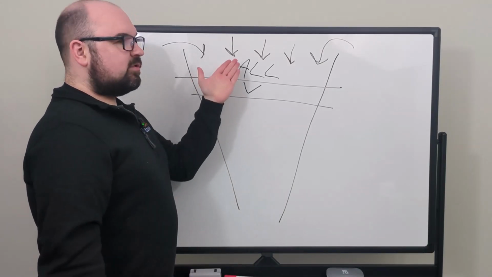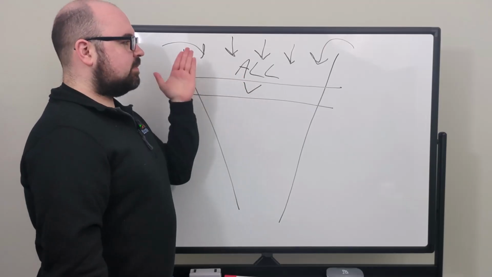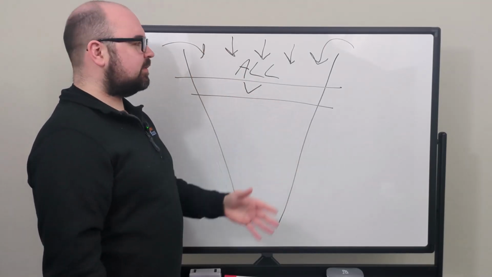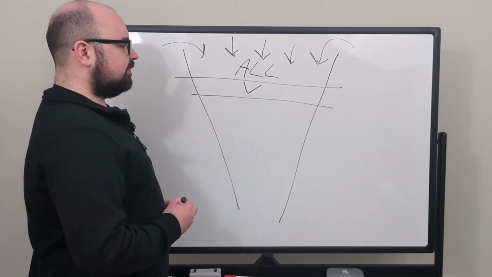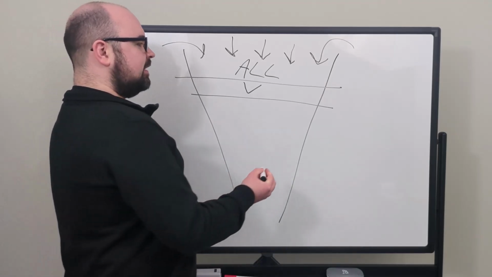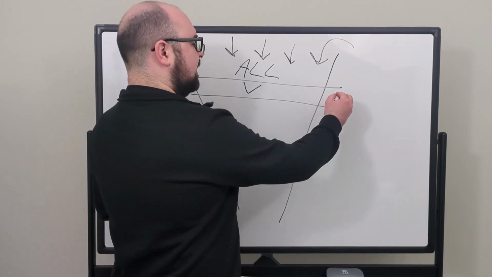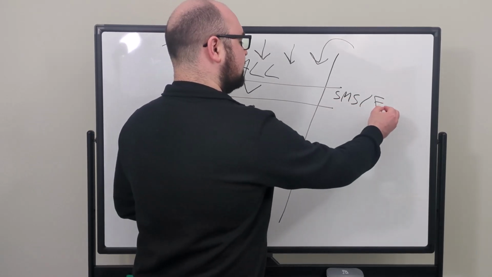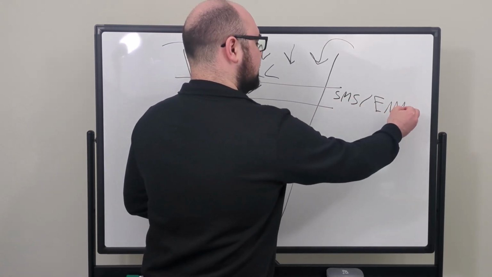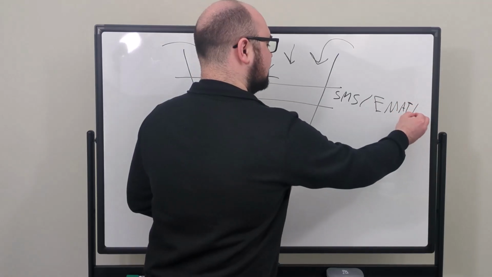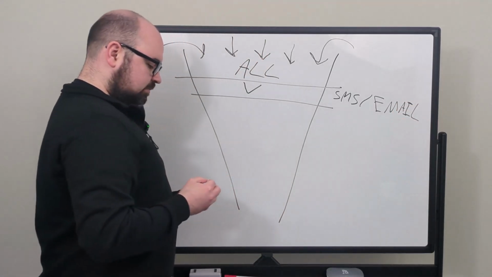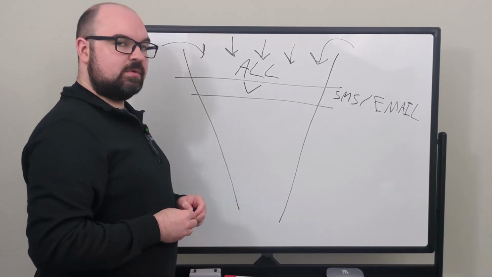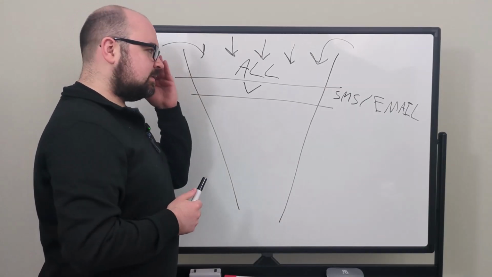But there'll be some particular form of how you capture that person's details because they could be booking a call, they could be downloading a lead magnet. It's a form regardless, okay? It's always going to be a form. So there's two different ways you can verify people. You can verify them by getting them to send an SMS to their phone or an email confirmation to their email to say, yes, this is my real email, so that we're not filling up our list with bad emails or bad phone numbers, again, depending on whether you collect phone numbers or emails or both.